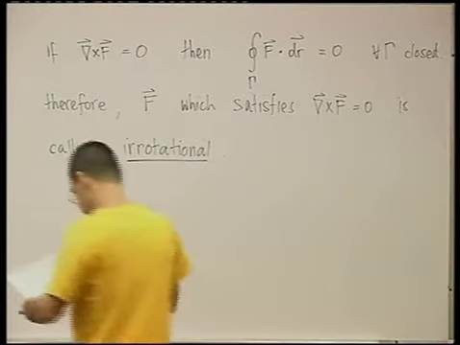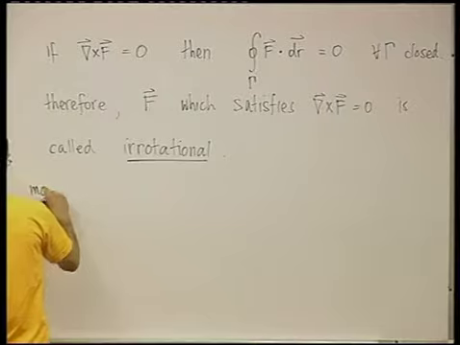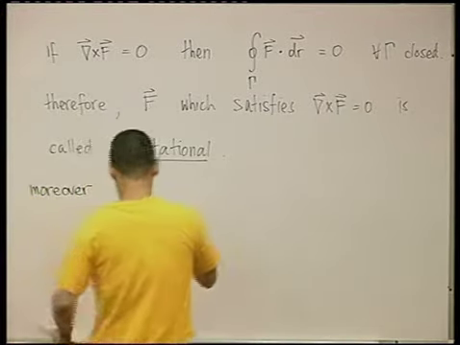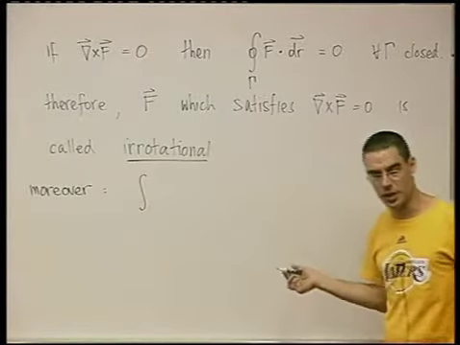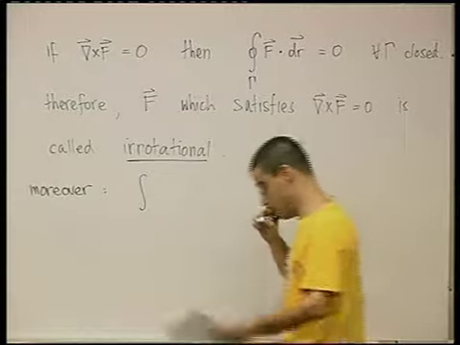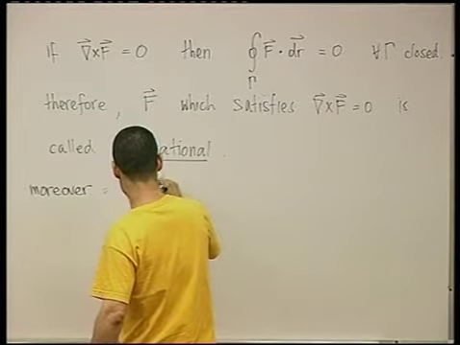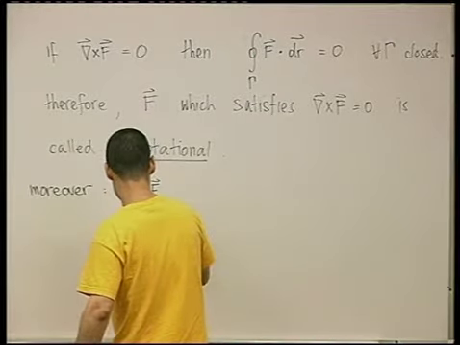Okay, so moreover, if we take, I'm going to do it more briefly than in the discussion of the divergence because it's very similar. So if we take the line integral over a closed curve, which I'm going to call gamma sub r,